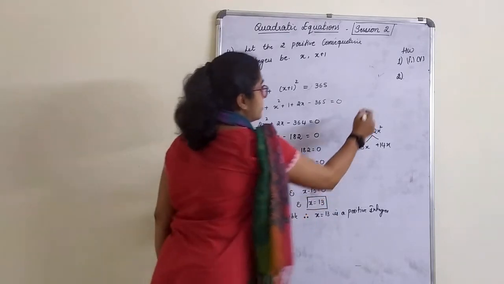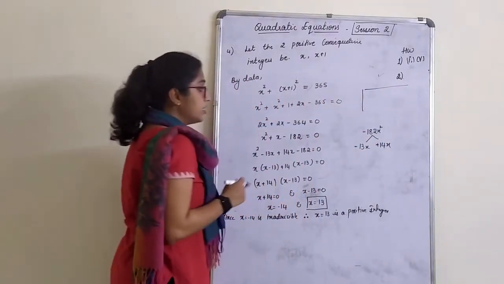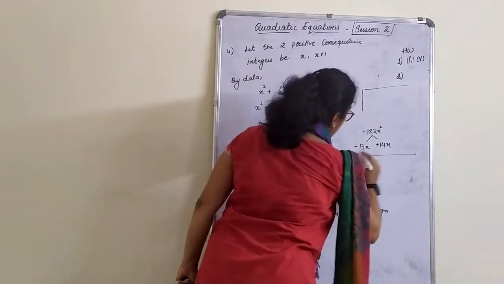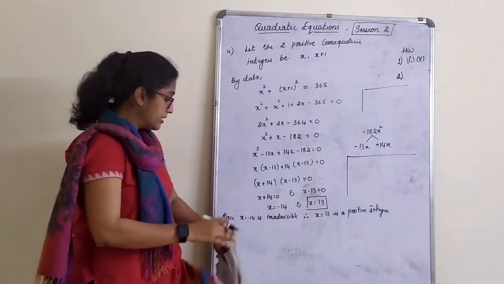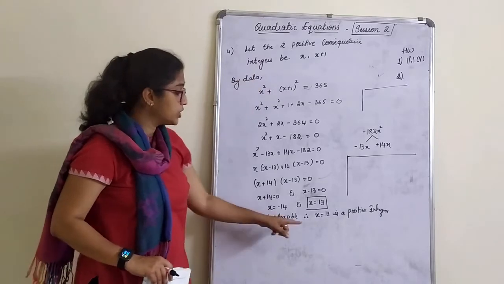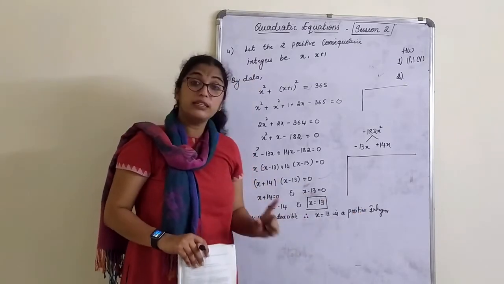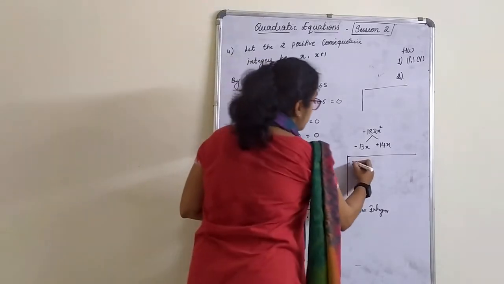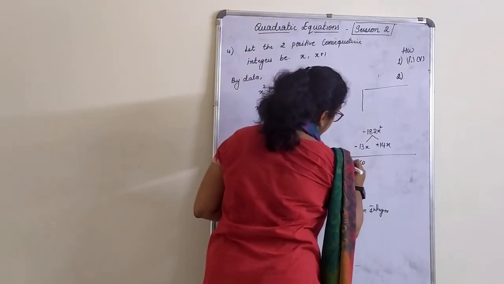What is the conclusion? I will do it here. The two consecutive integers are, since x is equal to minus 14 is inadmissible. Why? We want positive integer. Therefore, x is equal to 13 is a positive integer. The two consecutive numbers are